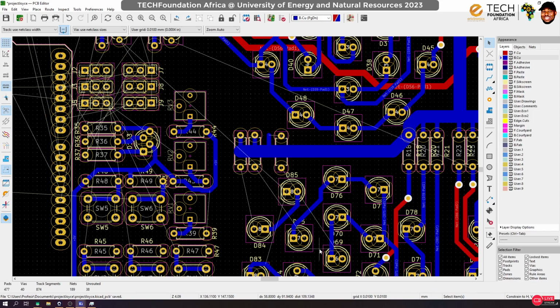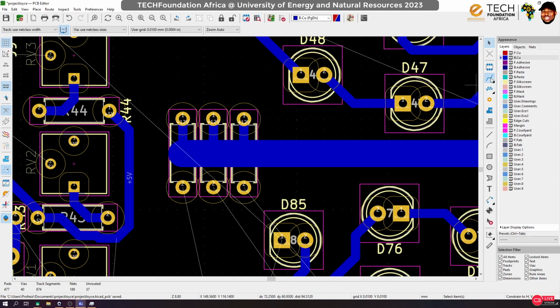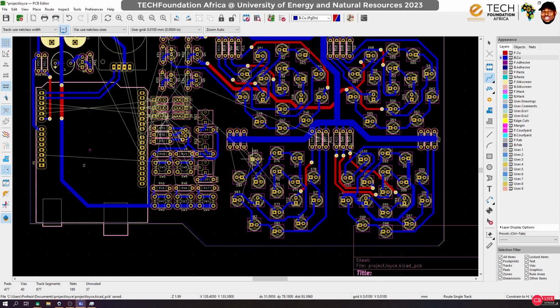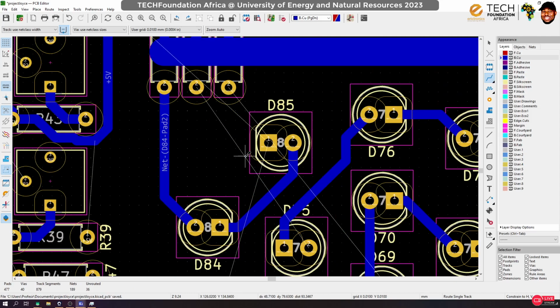All right, now parallel, parallel. Let's put this back. Okay, everything is intact. Yes. Now we can easily connect this without any jumper. And